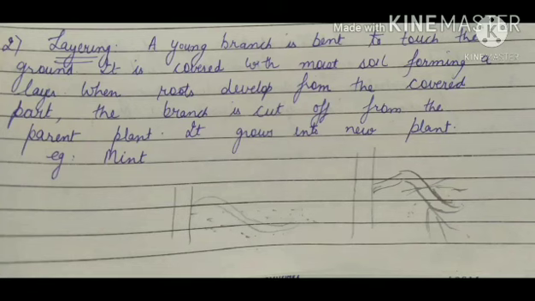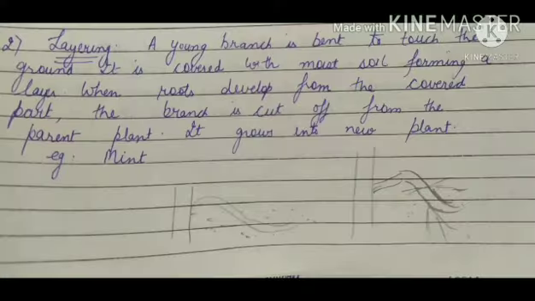Now let us learn about layering. Layering is also a type of vegetative propagation which is carried out by humans on the fields and in labs. In layering, the stem of the plant is bent to the ground and then it is covered with soil. The adventitious roots will emerge from the plant parts which are covered with soil. The attached stem with developing roots is known as layer, which is finally incised off from the parent plant. Then it will grow into an independent plant.